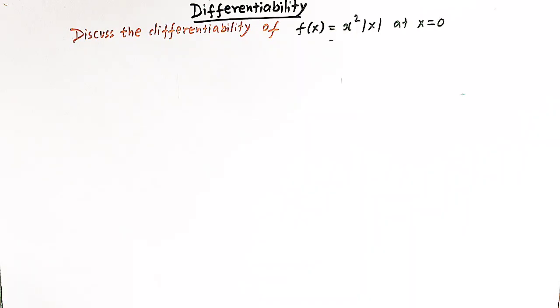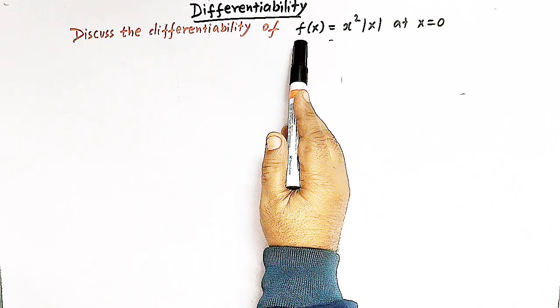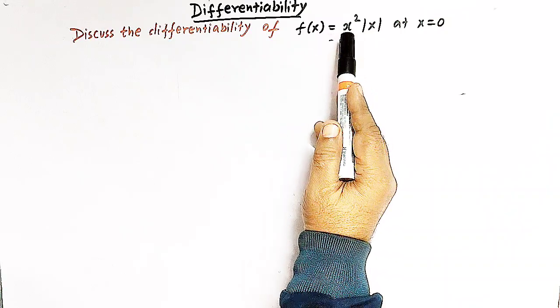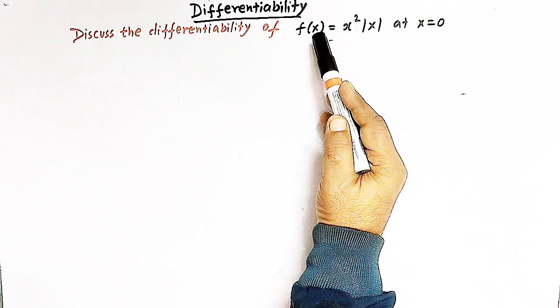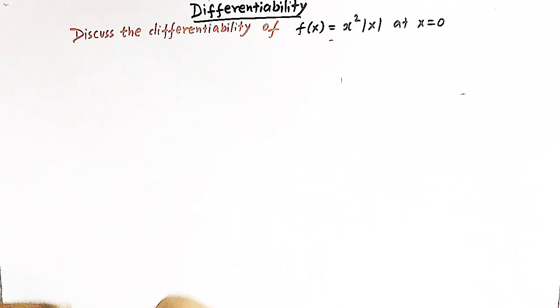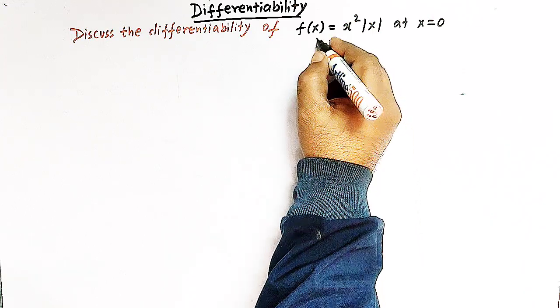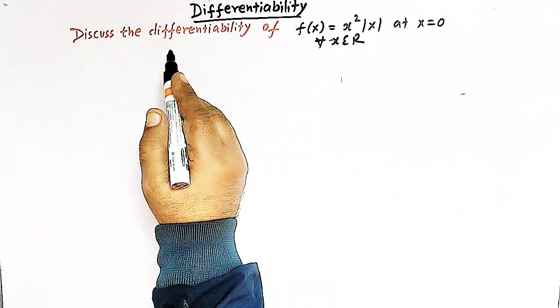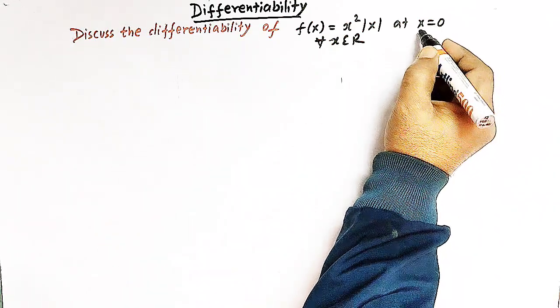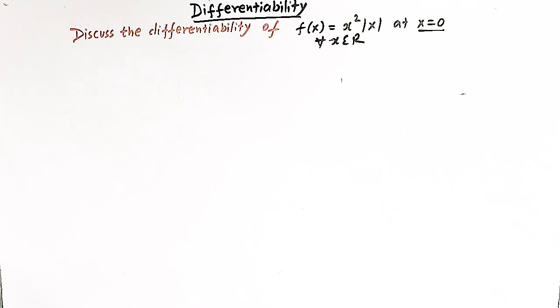Hello viewers, in today's session we are going to discuss another important problem from differentiability of functions, and in this session we are going to discuss the derivability or differentiability of this function f of x, which is the product of x square and mod of x, right? And here this function is valid for all values of x belonging to the set of real numbers, right? And we have to test whether this function is differentiable at this point, that is x is equal to 0,